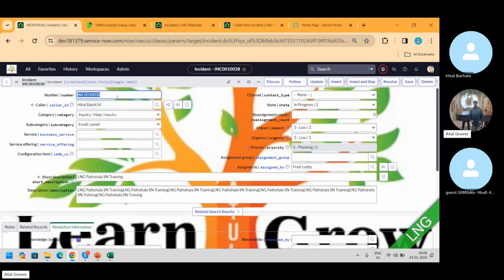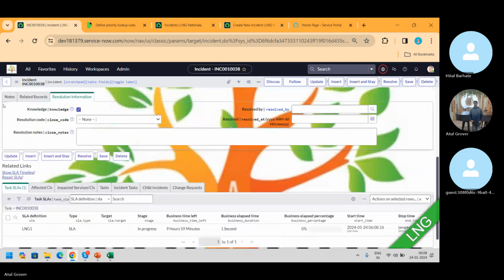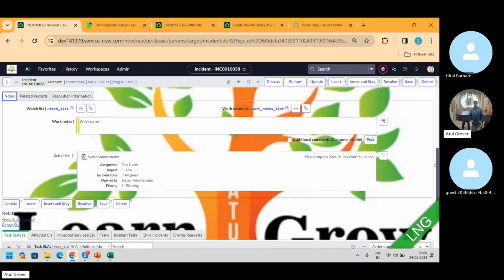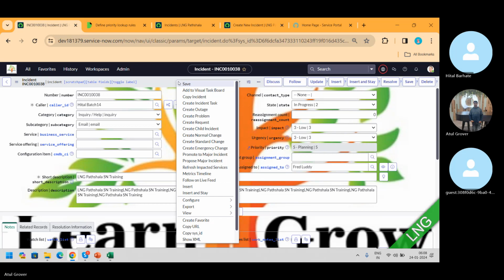It's become 38. Now, if you scroll down, can you tell me from which incident this got copied? There's no way to tell. Right? There's no way to tell. Now, if you click on this and say copy incident,